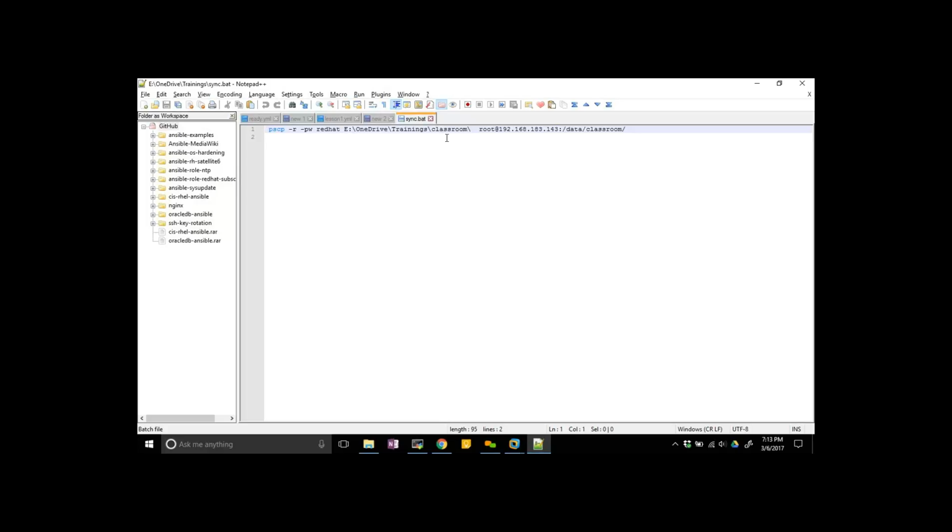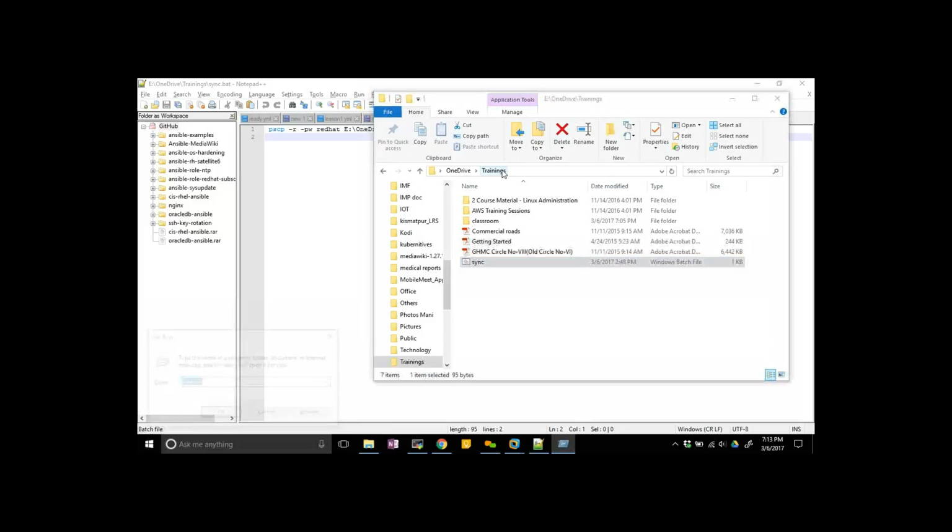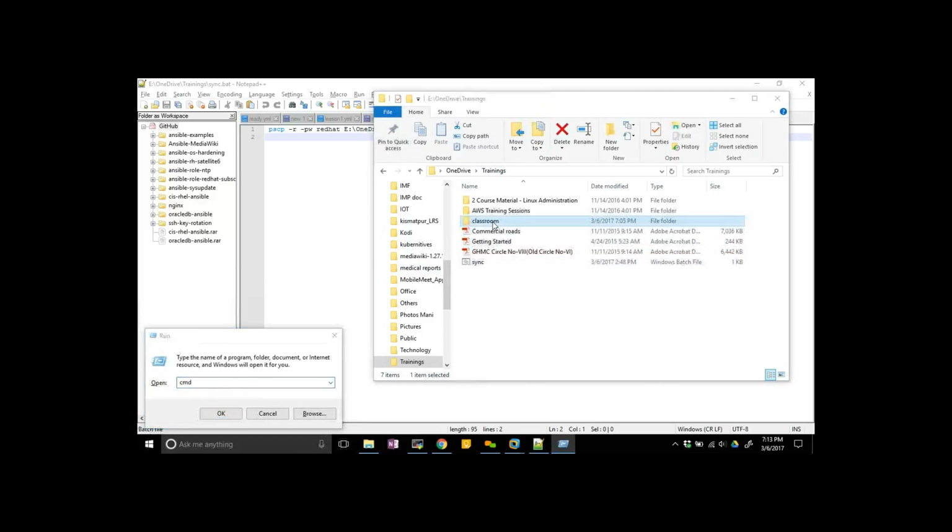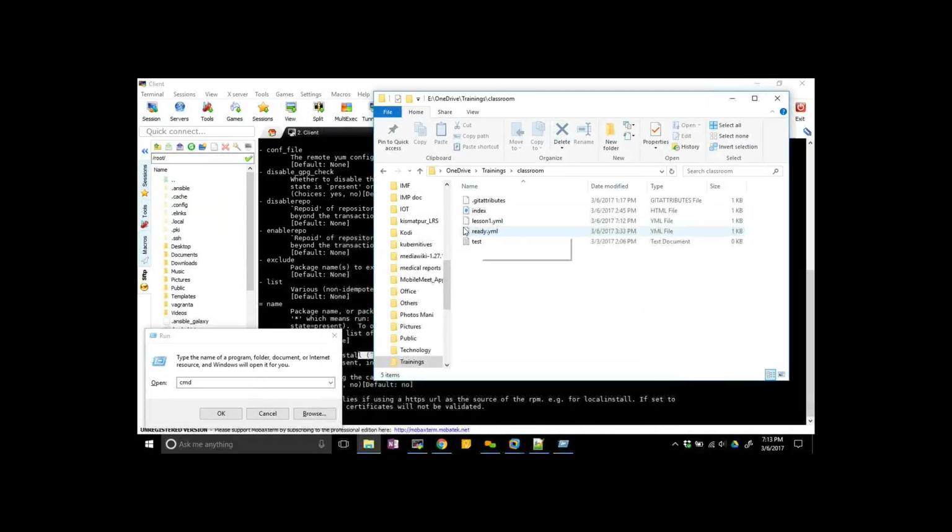It copies from OneDrive, training, from the classroom folder to my remote machine, to the data classroom. So it copies all the files from the training classroom to my Linux Ansible machine. You can go to the command line, or you can drag and drop this lesson 1 into this file, but I don't want to do that.